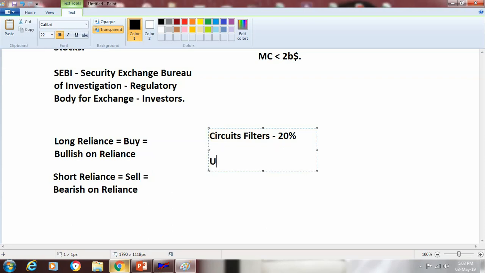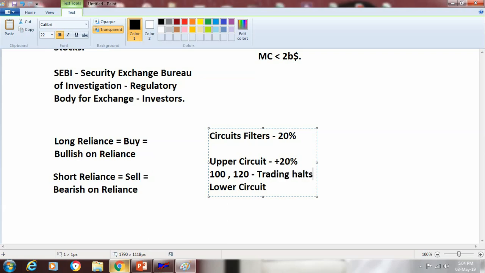So what we say there as upper circuit and lower circuit. Upper circuit is when I am plus by 20% in a day. So say suppose if something has been traded at 100, okay, and in the day I reach 120, which means I am 20% above my previous closing price. So on this particular day the trading will be halted, so that no further price hike will happen. So that is what the upper circuit means. But if the price comes below 120, the trading can resume, right? So understand one thing, that when the circuit hits and it is an upper circuit, it means only buyers and no sellers,